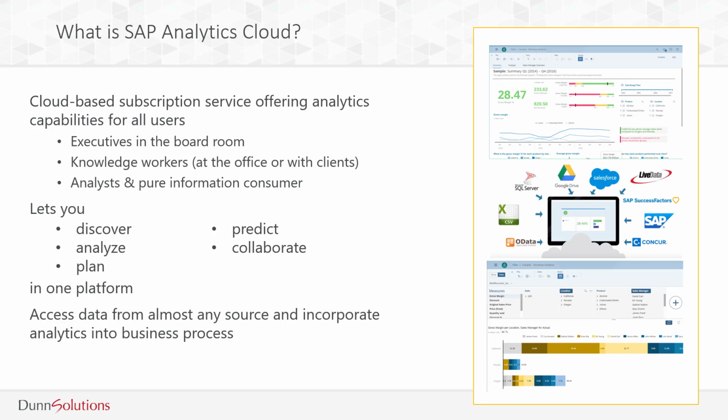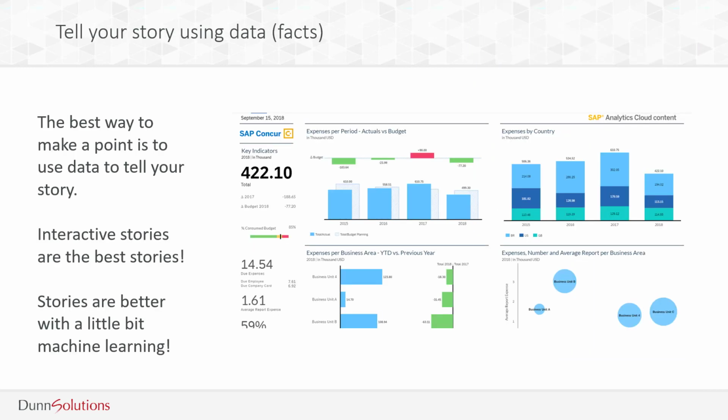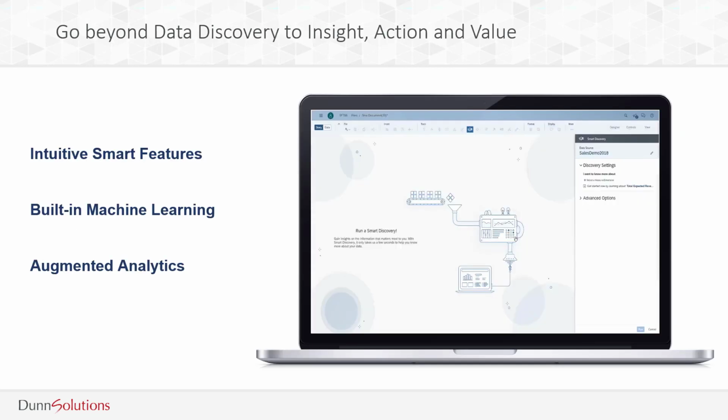It offers connectivity to many data sources, and the list is constantly growing. Live connections are possible primarily to other SAP products and data acquisition to almost anything. Where SAP Analytics Cloud starts to pull itself away from the herd is its ability to tell a story to make a point, and motivate action based on facts. But everything I've described so far is part of traditional data discovery. So why is Analytics Cloud so special?